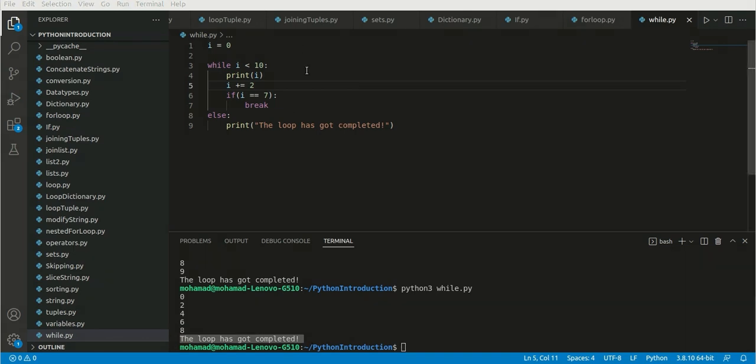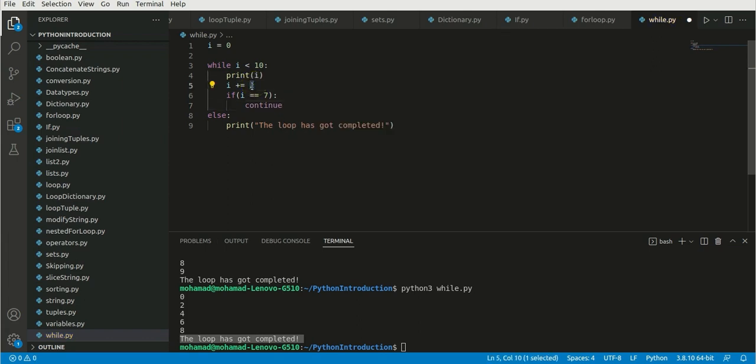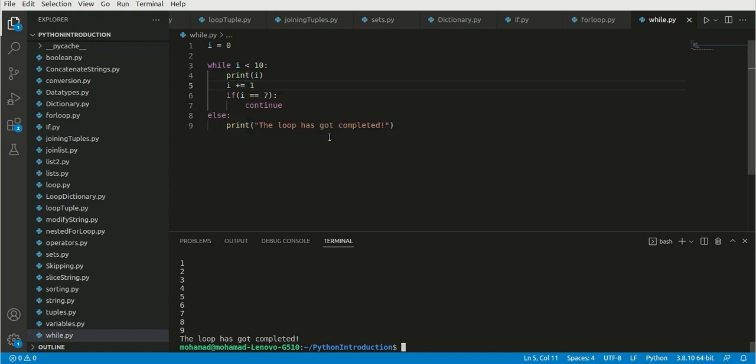Also, another thing about this kind of while loop is that we can also have continue. So for example, we can write continue here and we can increment this by 1 once more and save the code. If I run it, as you can see, we have printed 7. So let me print I